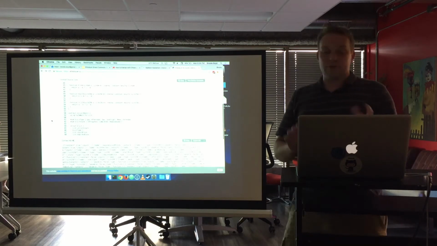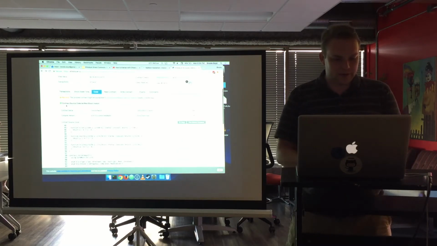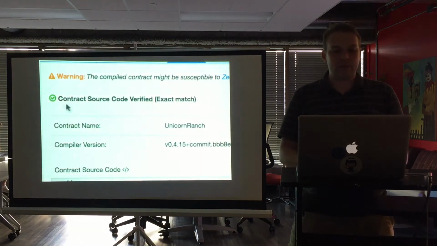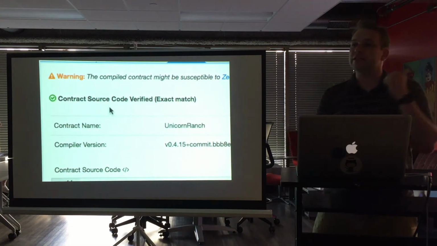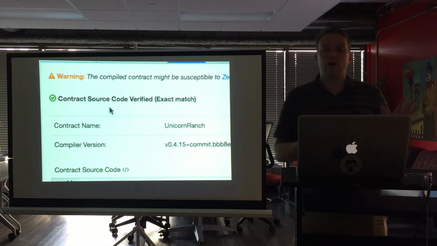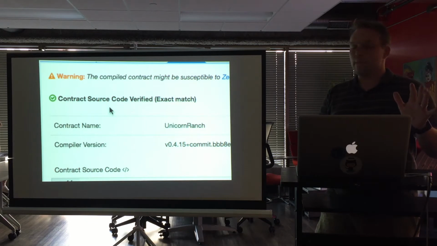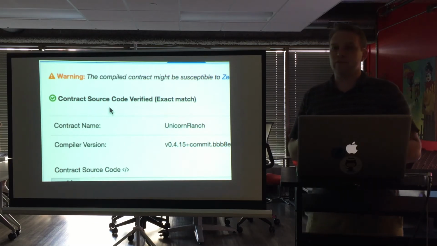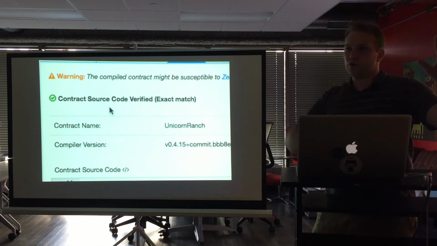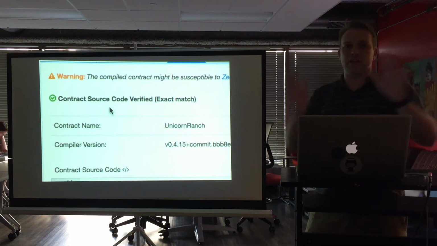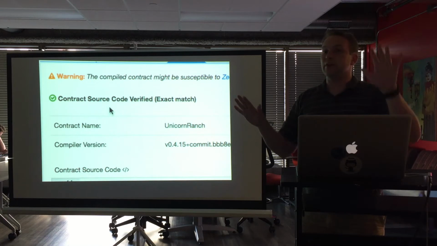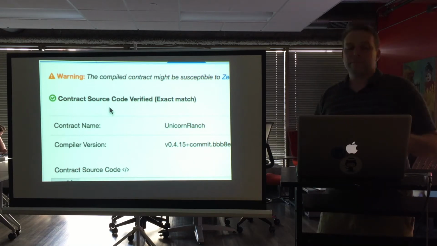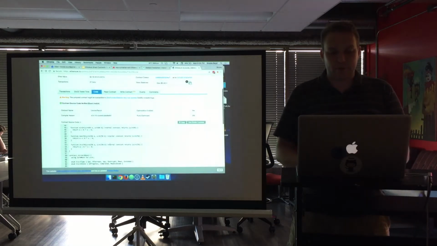So to verify, the green check mark that's here on Etherscan is Etherscan putting its stamp of approval on it, saying, okay, we received this information. We're not vouching for what it's going to do, but we can at least vouch for saying, if you put this code in, this is what's going to end up on the blockchain. The developer is being honest about what their code is. So we can at least start from that point.